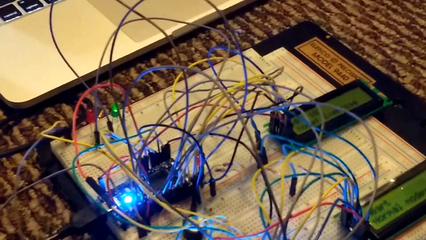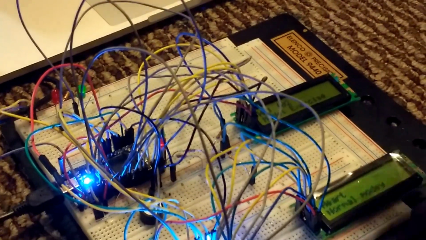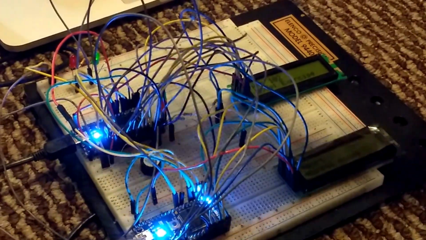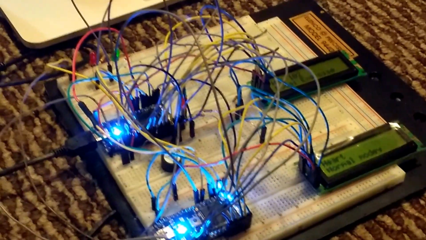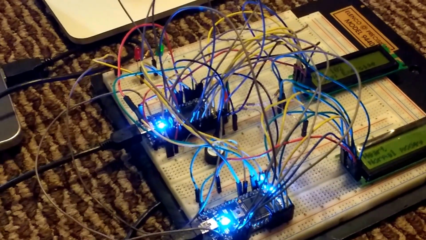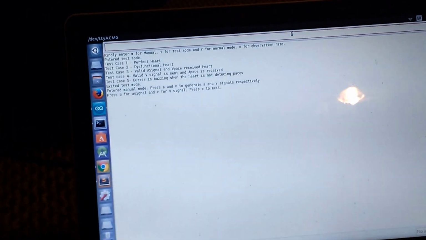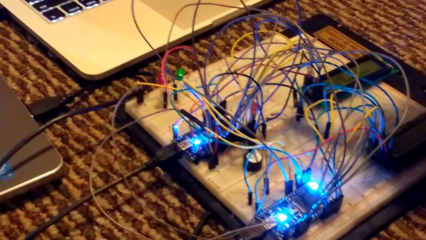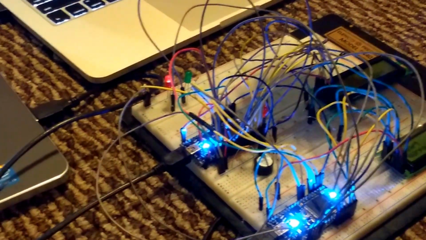Now if we want to calculate the lower bound of the heart rates, we might consider putting the heart in the manual mode so that no signals come, and then the pacemaker will wait for the maximum amount of time it can, and then it will start pacing the heart. So I'll put my heart in the manual mode, and as you can see, the A signals and the V signals have stopped, and only the pace signals are coming.